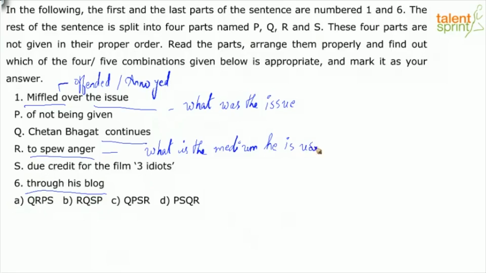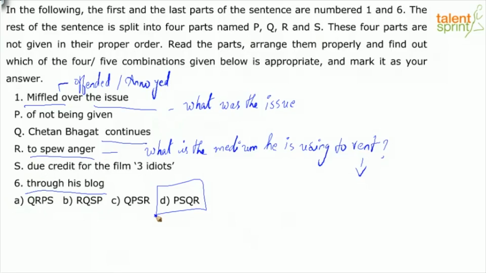What is the medium Chetan is using to vent, right? Vent means whine, complain, spew, which means through his blog. So basically what I've done, yes, A also seems logical,